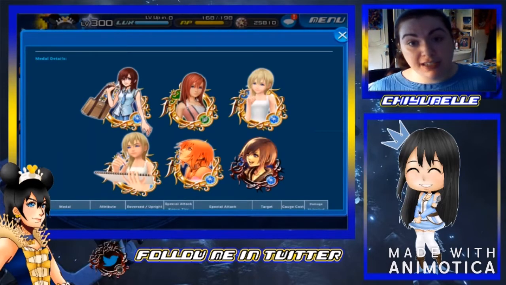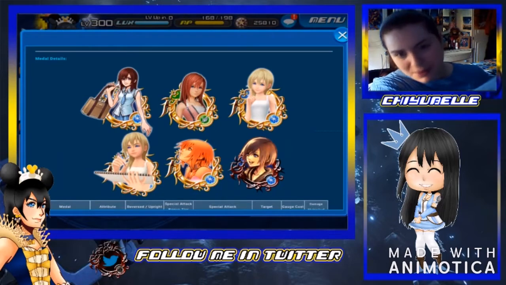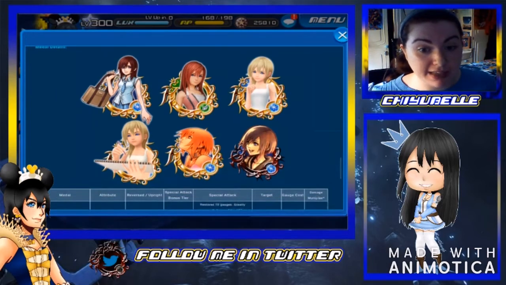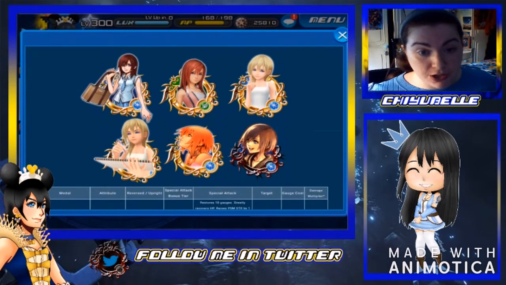For certain setups, you can put your copycat medal on your pet slot, which I will cover pets as well. On your pet slot, you can copy one of your friends' attack medals in your party and use it as your own. But these two are also very good for beginners if you aren't lucky enough to get